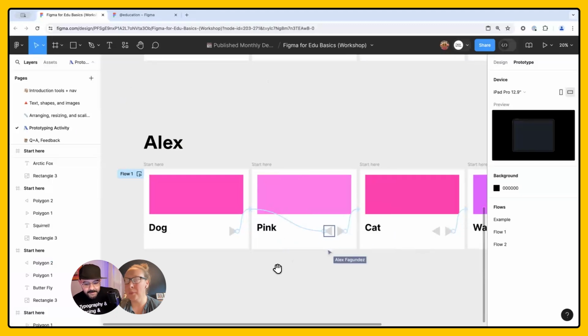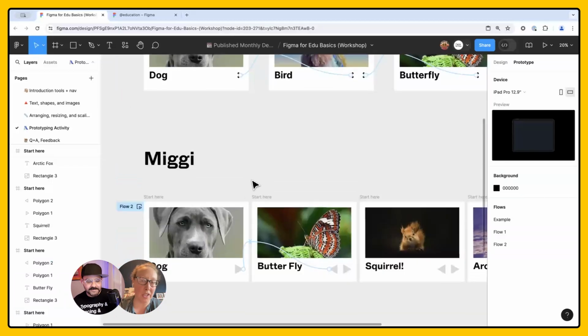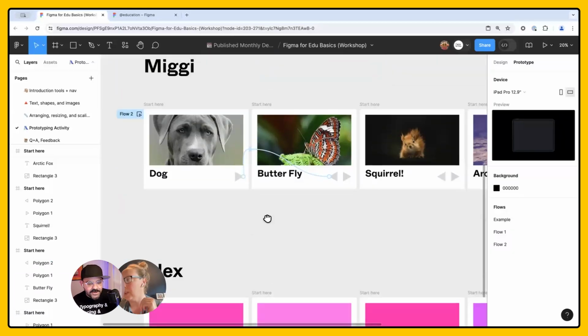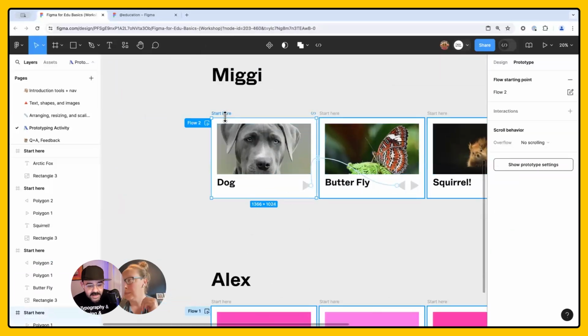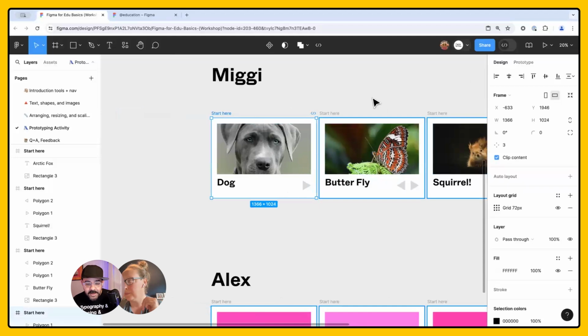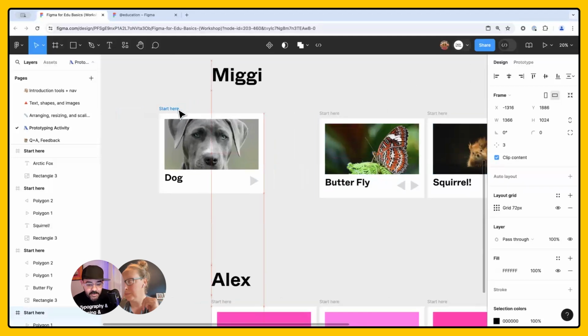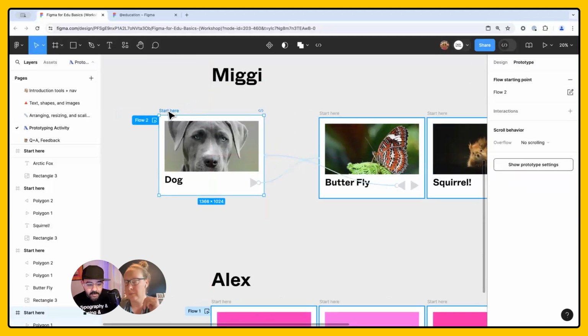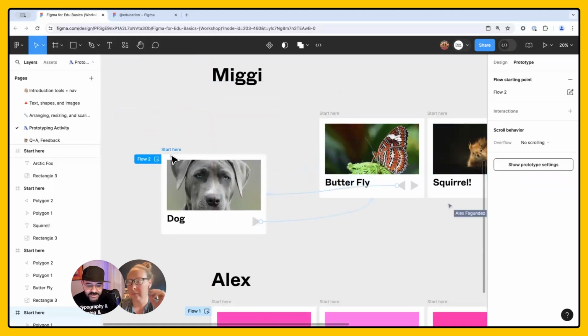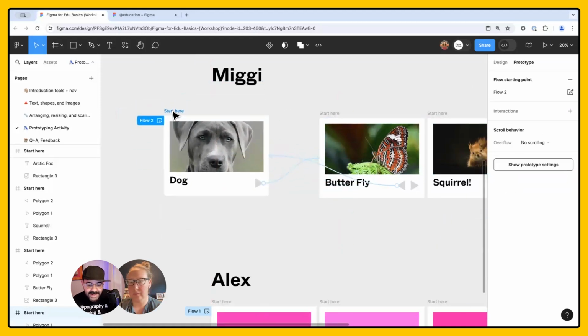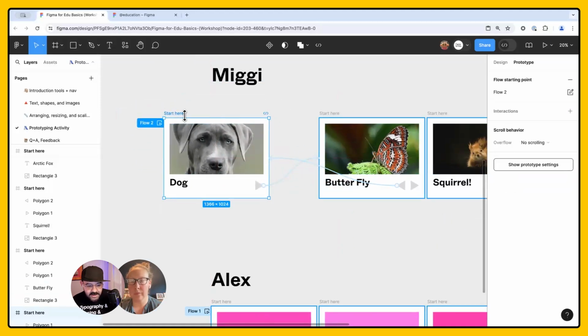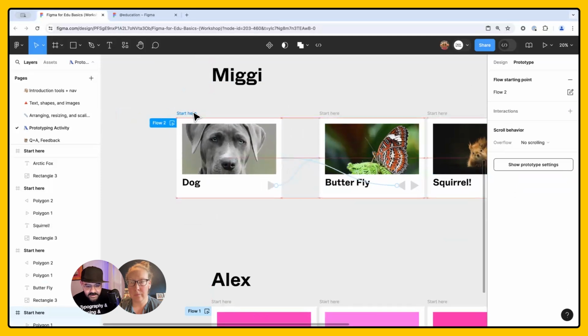Oh, okay. So when designers talk about noodles, it's basically what you want your prototype to be doing. You're giving it directions. Yep. Each noodle is an interaction. And if I was to go back into design mode and move my frame, or even if I'm moving my frame in prototyping mode, you're going to see that it's going to maintain the noodles. They're going to stick to one another.